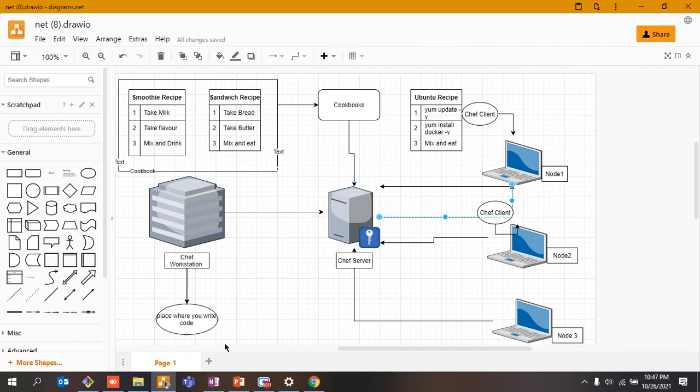Knife is nothing but a command line tool. I'll give you a lab, so please do not worry. I'll show you how it is done. With the help of knife, I'll be transferring my code from workstation to chef server, and if I want to establish a connection to one of my nodes, I will make use of knife.